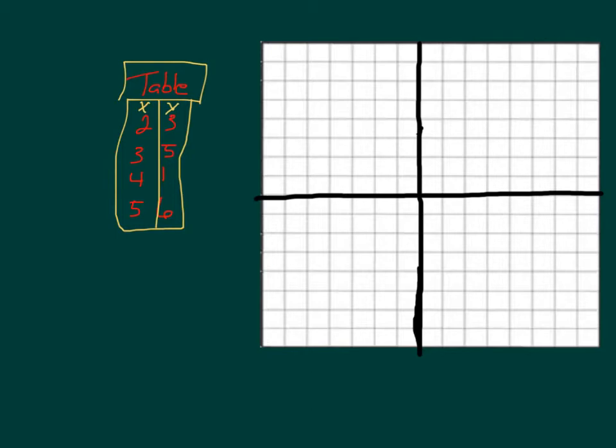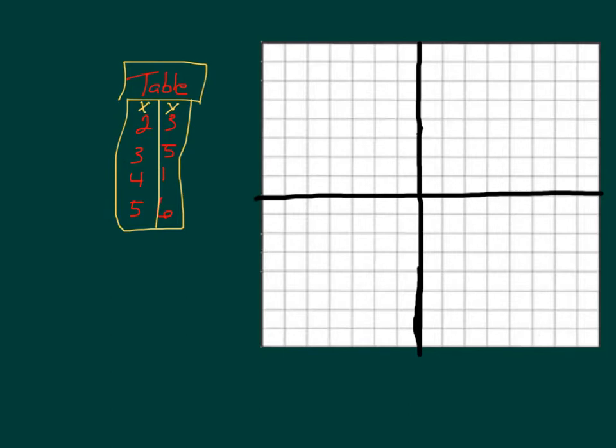Okay, 8th grade. Sometimes when you're dealing with a graph, you have a table. You have a table like this, and you want to see a relationship, and you want to throw it on here. I like images way better than I do tables because it gives me a quick glance to look at it, and I can see some sort of relationship. So when you've got a table like this, same thing when you're graphing, your x is right here. It's just going to go along your x and y axis, and then your y is just going to go up and down. So when we're trying to graph this, our first coordinate, that is 2, 3,